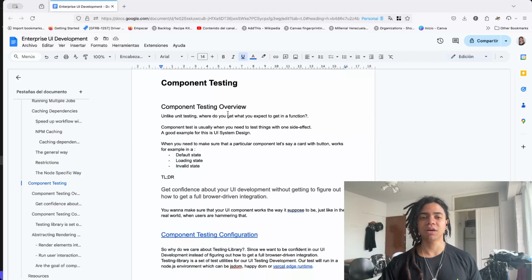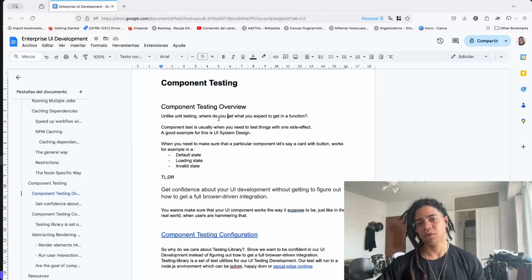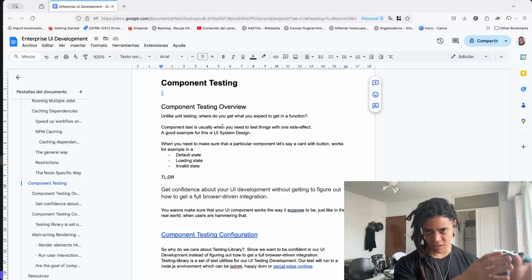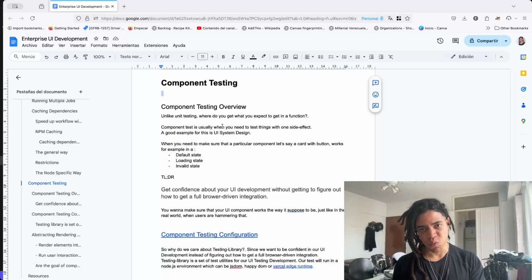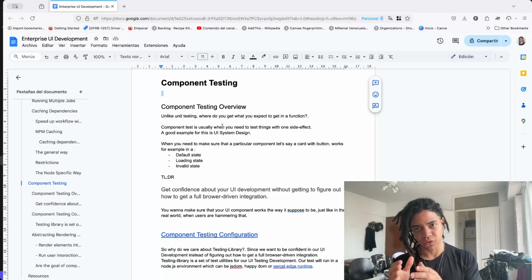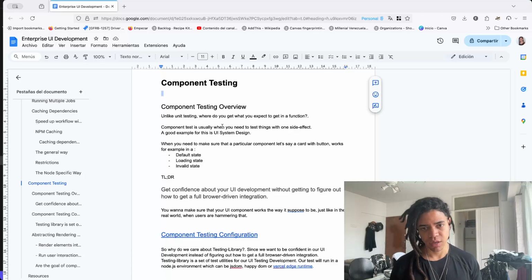Good. So now this component testing, which is what we care about in today's video, is all about this. In unit testing, we have a way to make sure that this function does what it's supposed to do. All right. So what do you expect to get from a function, right? Unlike unit testing, where you get what you expect from a function,